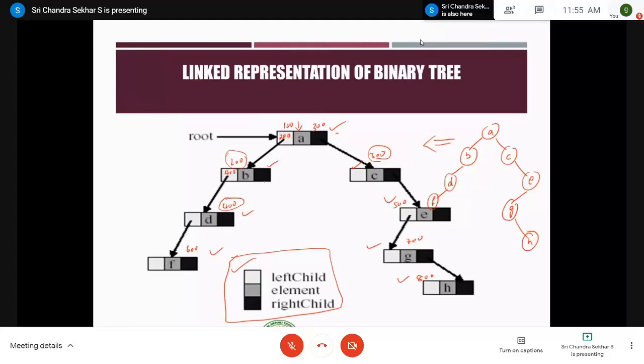Now comes the new concept, right? B does not have any right child. In such case, you should not represent it with a node. There is no node. If there is no node, you have to fill this particular part, the right link of this B, with some value. What is that value? Nothing but null, right? If there is no link to the left child or right child, you simply put a value which is called null. Similarly, in case of C, C does not have any left child. Therefore, what is the value that has to be included here? Which is nothing but null.